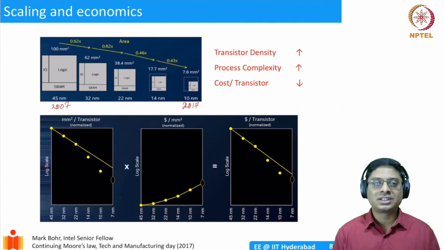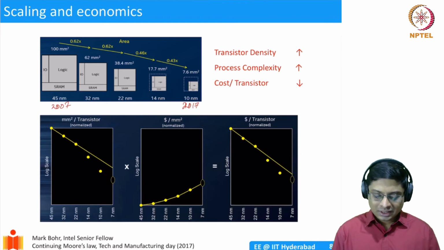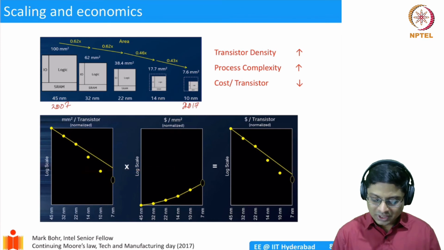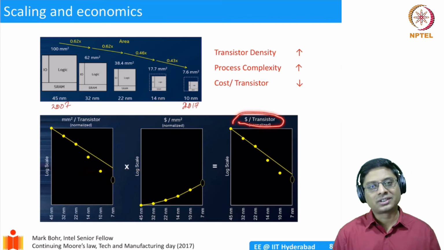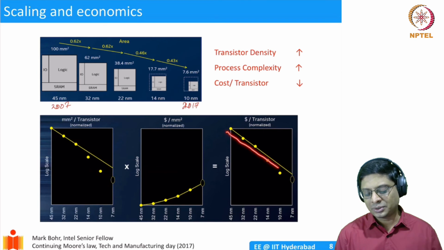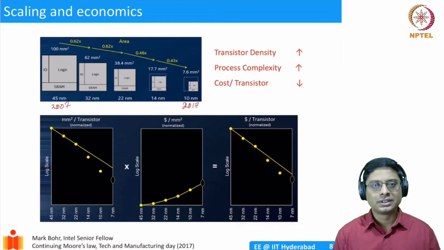The state of the art semiconductor fabs are now upwards of $5 billion, $8 billion or so, if you want to establish the state of the art. It's so expensive. But the good thing is, because finally the cost is going to be a product of this too, what you get is the cost per transistor, which has been exponentially reducing over the last 10 years. The cost per transistor has reduced, and we are also selling the devices by millions and millions of cell phones and all. So some of the cost is getting recovered.